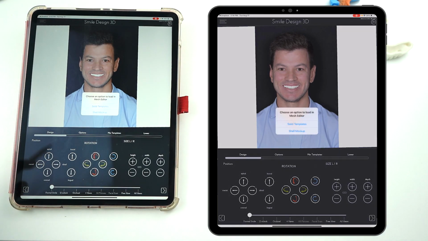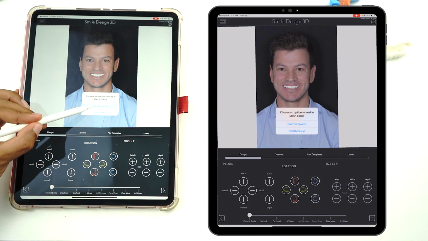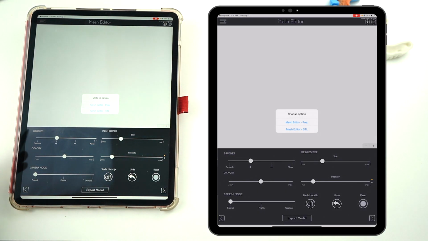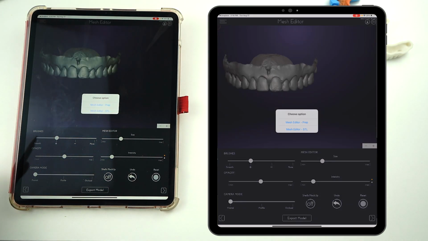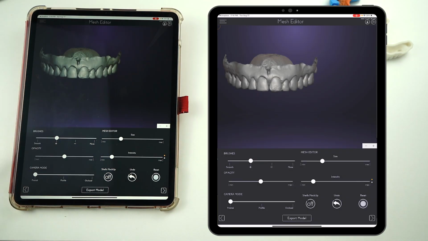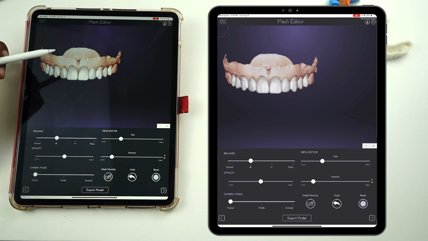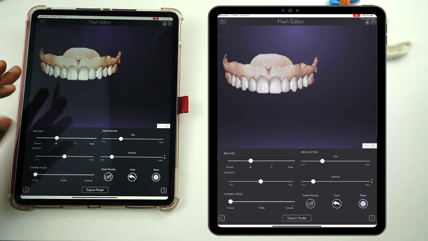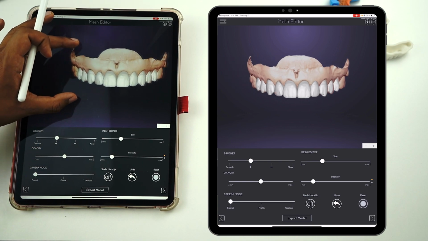Giving you the chance to digitally change the design and make adjustments that best fit the patient's overall aesthetics. Once you're satisfied with the digital mock-up, which in cases like this takes no longer than 15 minutes,